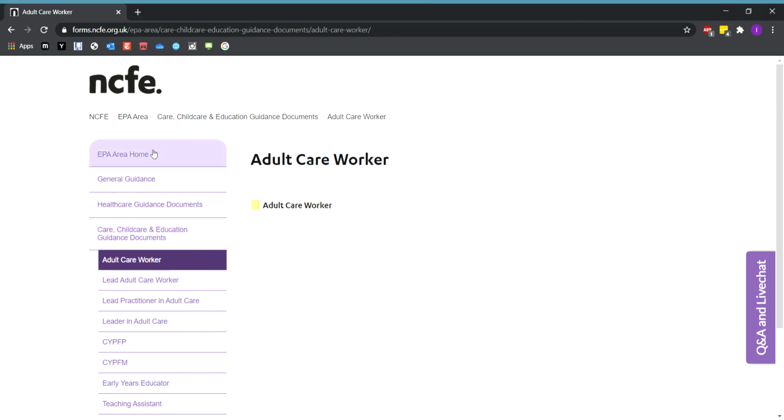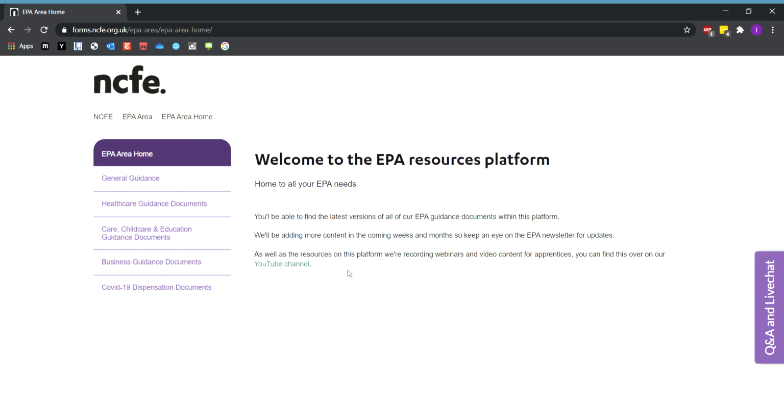So that's it. That's the EPA Resources Platform. You'll be receiving a login if you're already a CEPA user shortly, and if you're not already a CEPA user, you can just request to get set up on CEPA, so someone within your organisation will be able to do that, and then overnight you'll receive the password reset for the